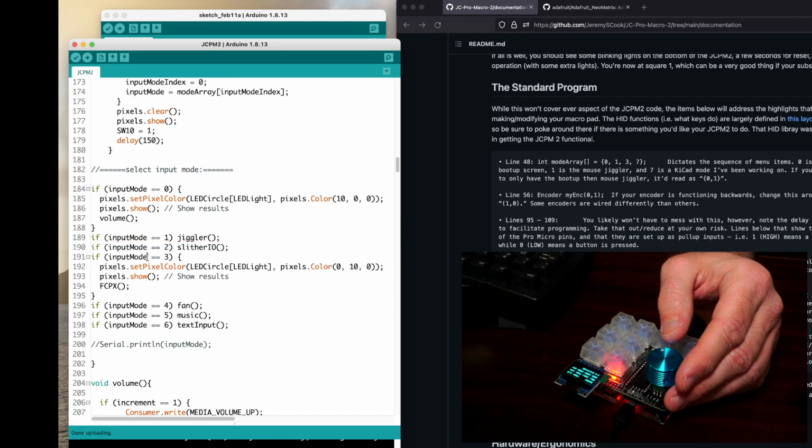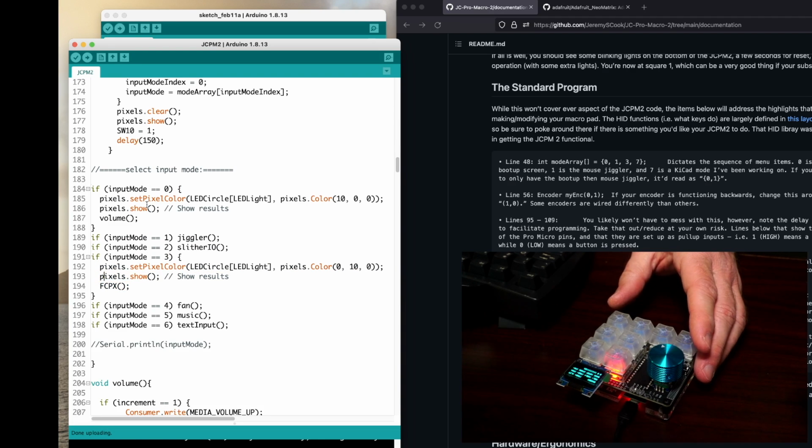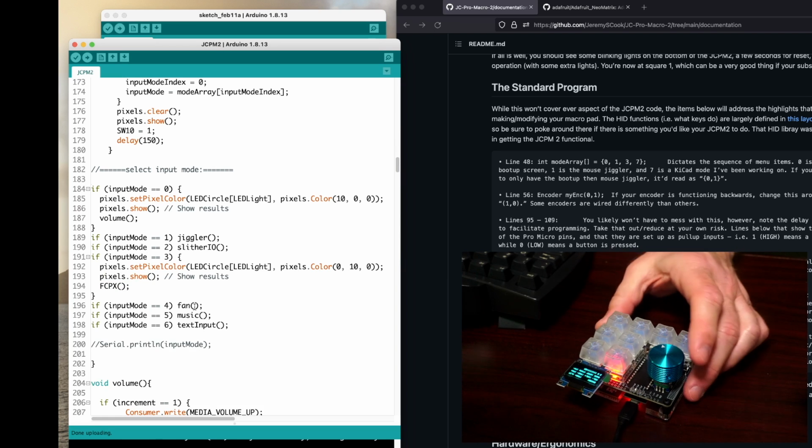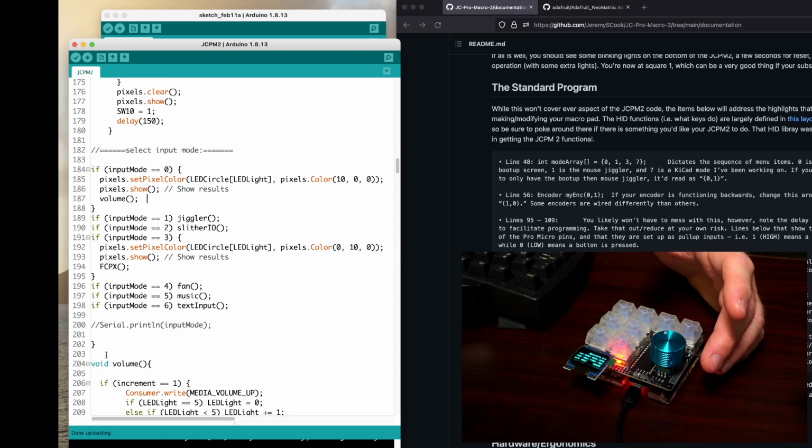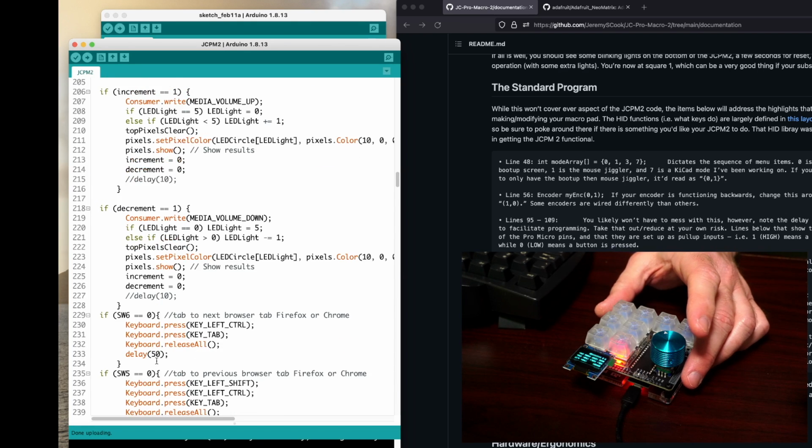If input mode equals 3, you set the colors as such, and then you go to FCPX, Final Cut Pro. The array shown earlier corresponds to this little bit of code and puts you in the right function. So this is kind of the meat of the program from here on. Basically, you've got input mode equals 0, goes to volume. This is from the array, goes to volume, which goes to void volume, which is the array that kind of